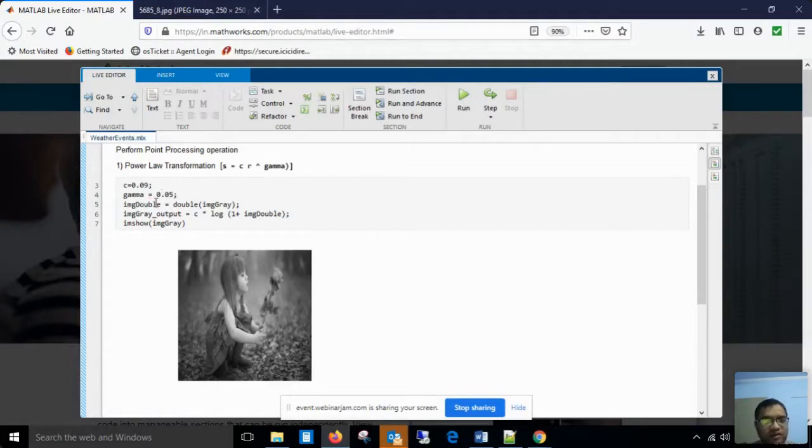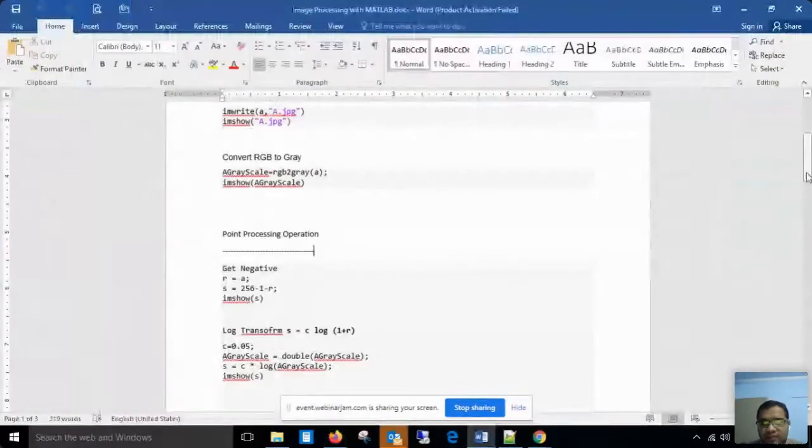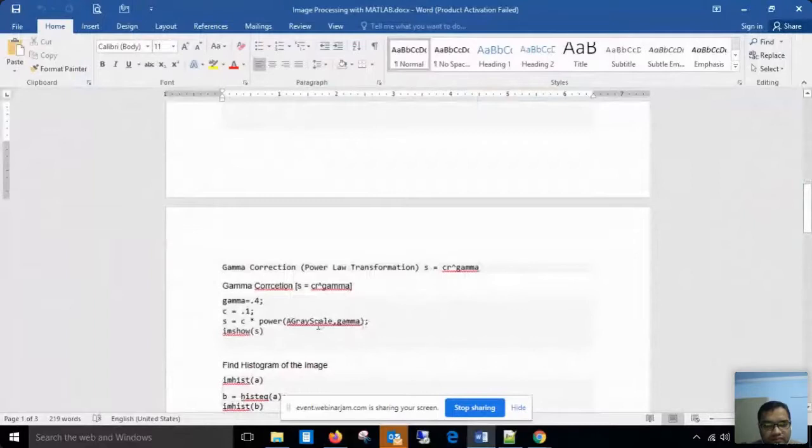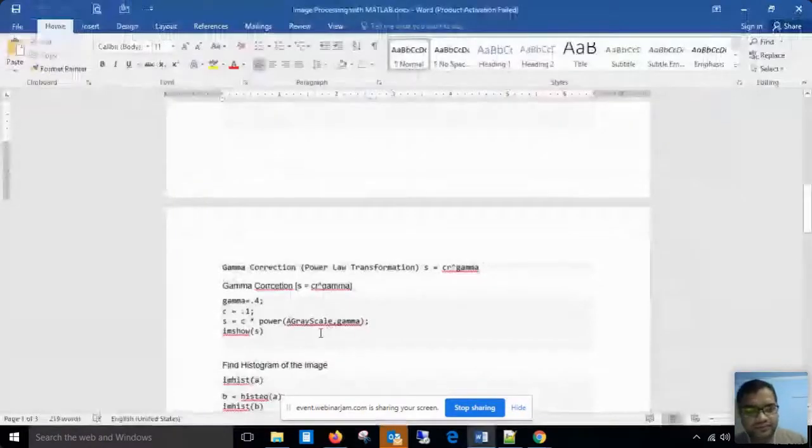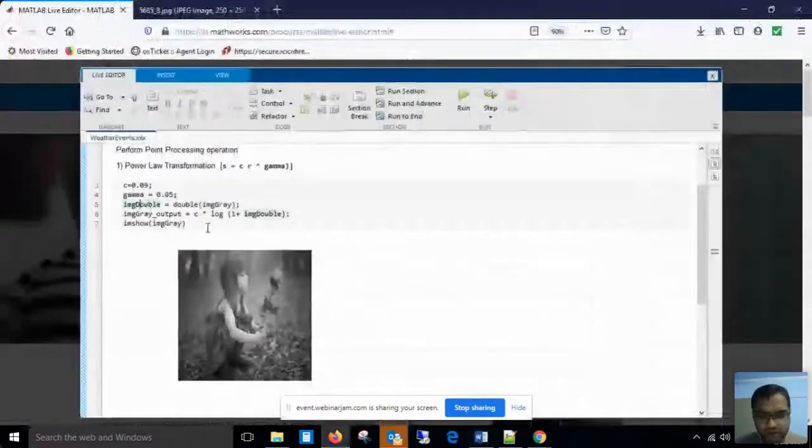Put a semicolon. Again, since I am using a power function, it may not accept that value, right? So I will use img gray output as C multiplied by the power function.